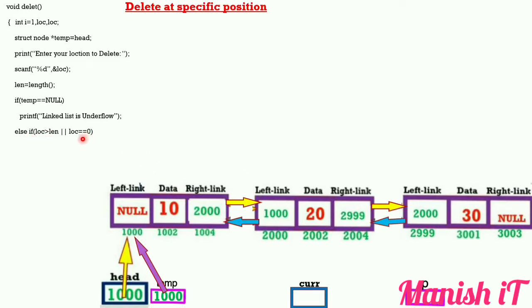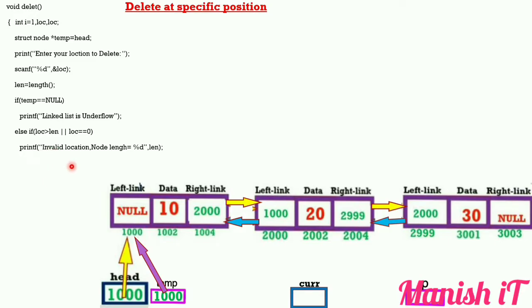Suppose the user has entered 5 or 0, then what type of message is printed? The message is like invalid location, and it also gives you the node length, telling you how many nodes are there. So in this case 3 is printed.